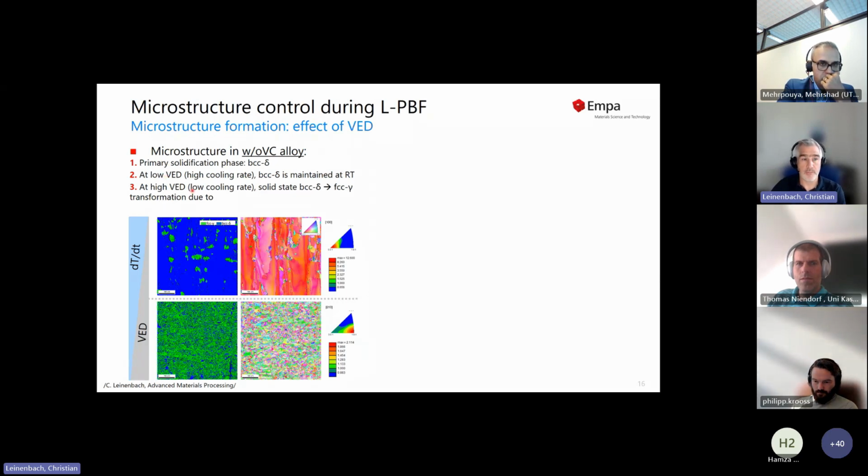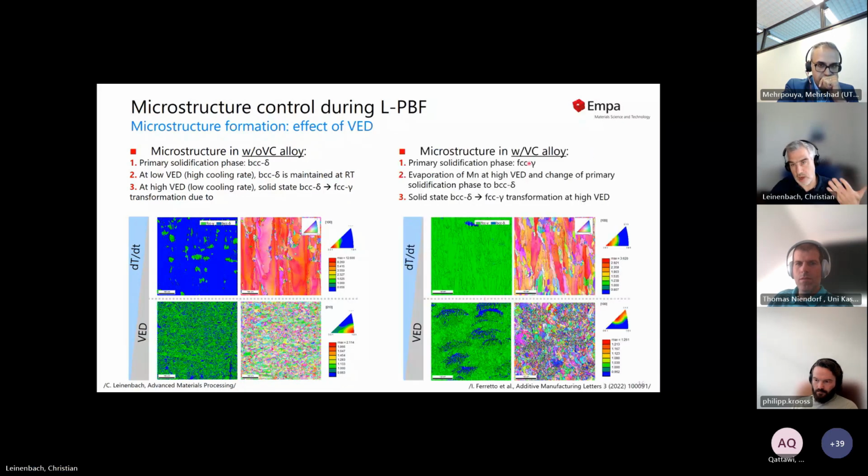So the primary solidification phase of the alloy without carbon is BCC delta. At low VEDs, BCC is maintained because of the high cooling rate. At high VEDs, we induce the solid state transformation from BCC delta to gamma, which then forms this very fine-grained, mainly gamma microstructure. Here, in our alloy, gamma is stabilized, so the primary solidification phase, because of the carbon,